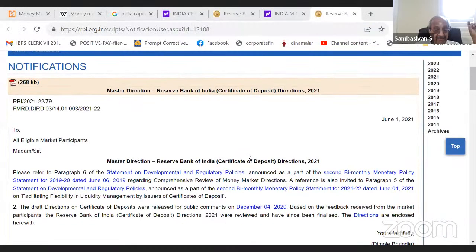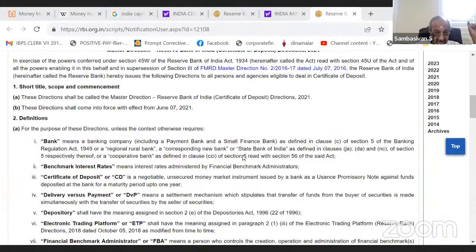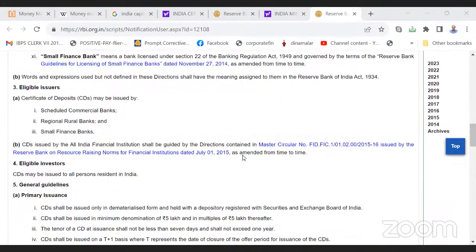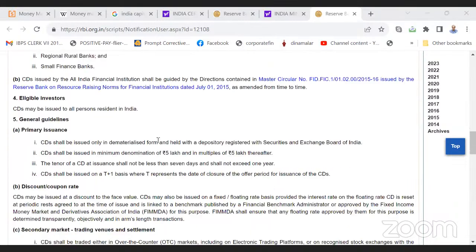Actually, I'm showing you because everybody is committing this mistake. In spite of my telling you, you are telling wrongly. It is given here that the minimum deposit is eligible investors general guidelines. See here,